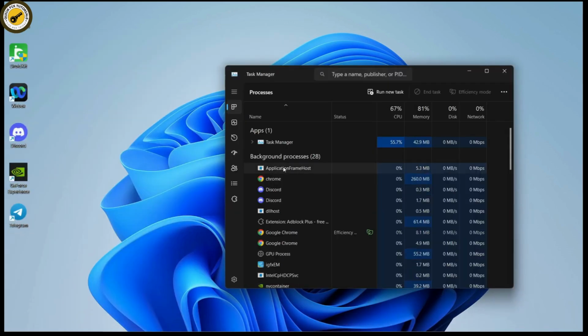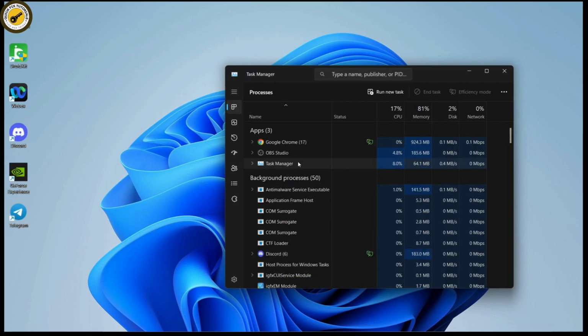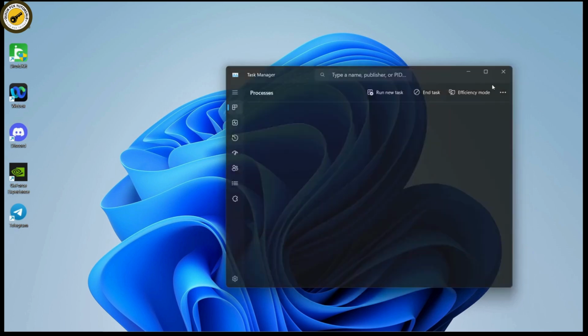Once you've opened your task manager, now here you may have the Telegram application. So if you have the Telegram application, for example, I have this OBS Studio, right? So you need to right click on that and then you need to end the task. So if you have Telegram, right click on that and then end the task of your Telegram application and your problem will be fixed. But if that still doesn't fix your problem, then you need to simply remove that and